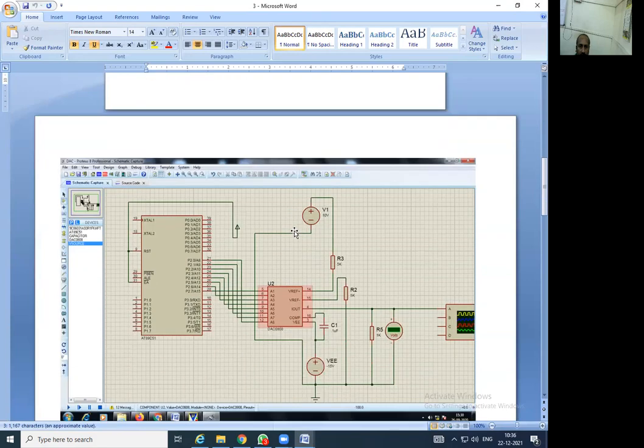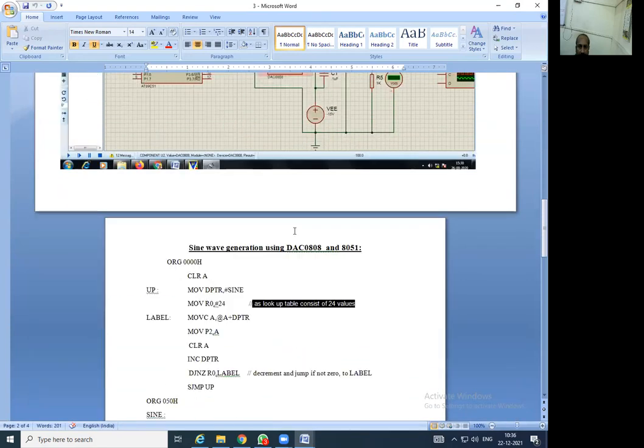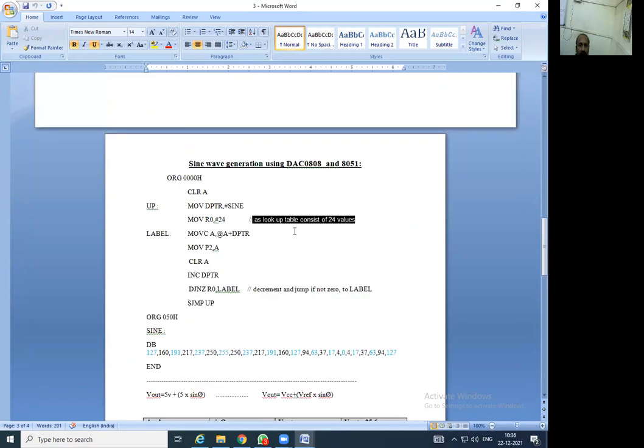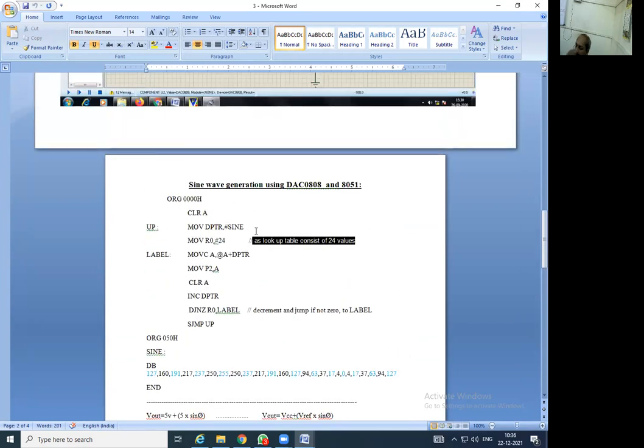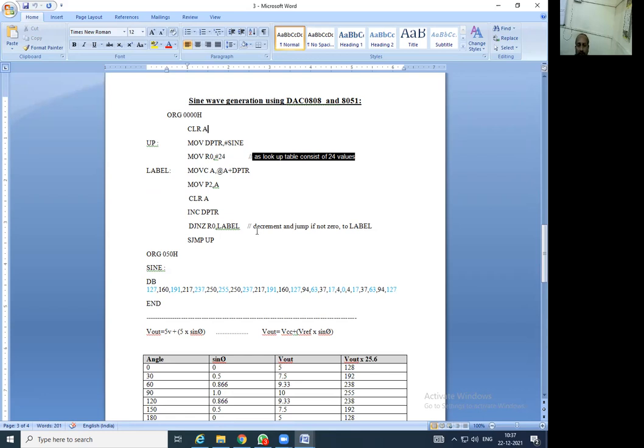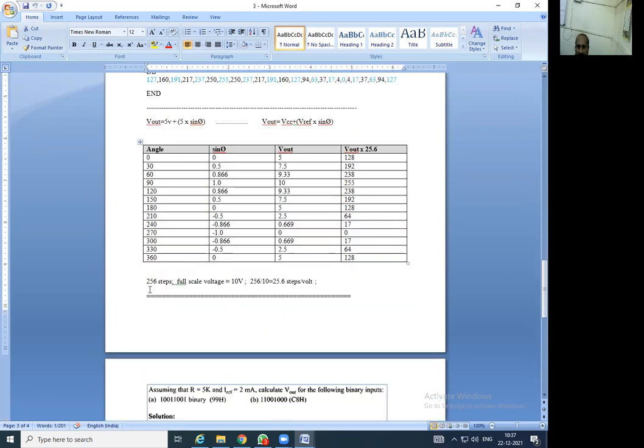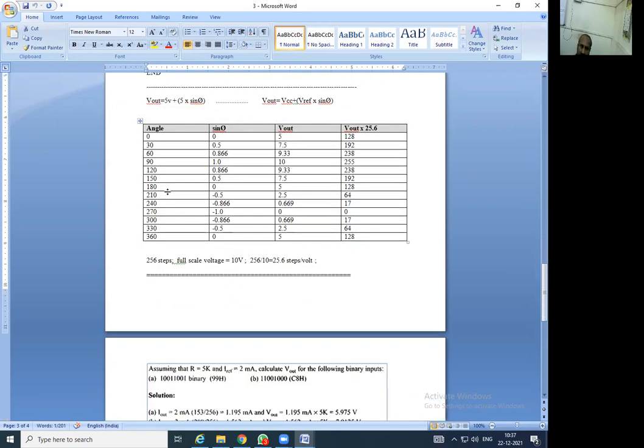This is another code here, the simplest way of making this. This is the separate code we have written for sine wave generation. Till now we have seen the square wave, the staircase and all this. For the sine wave particularly, what is the code and how can it be implemented? The first thing is that we have to use the DPTR, the data pointer. For what sake? First we will see this strategy.